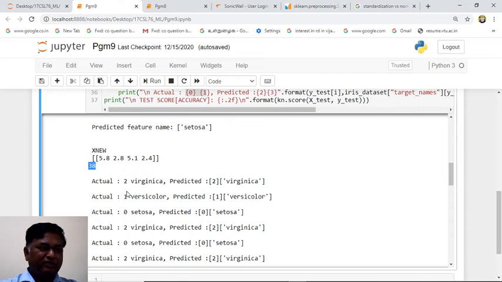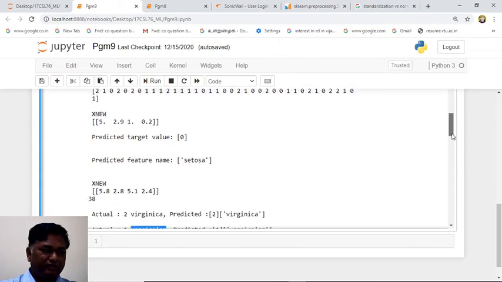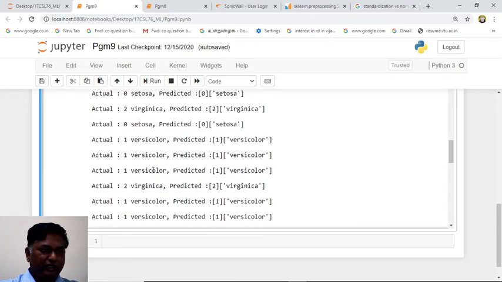So the actual first time when you are giving, as per the test data it is type 2 flower, Virginica flower, and KNN is predicting Virginica. Then the for loop is going the second time. Randomly it is taking because we are giving 1, right, index 1. I show you. So this is 1, index of 1. Second time it is randomly chosen. So the second flower, which flower we can see, that is versicolor, predicted as versicolor. So the for loop will run 38 times, all 38 flowers.